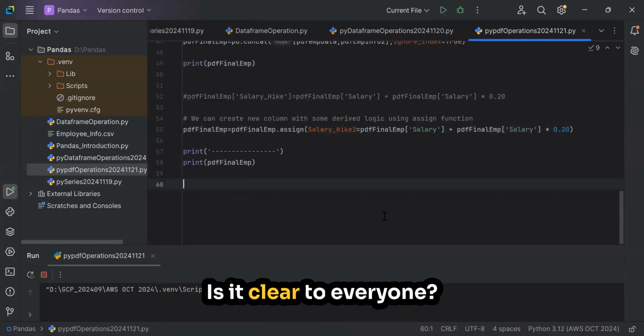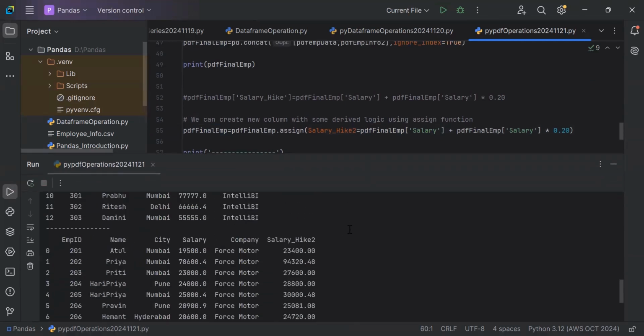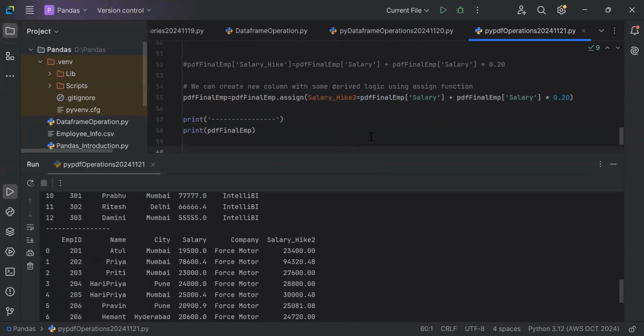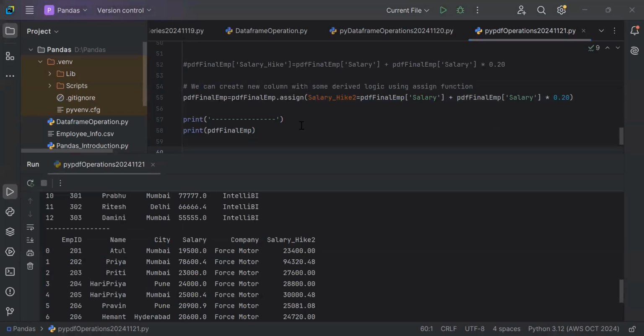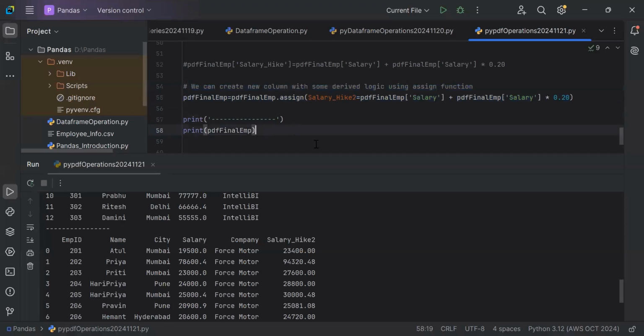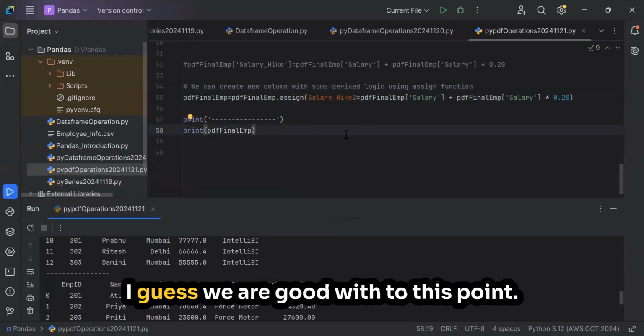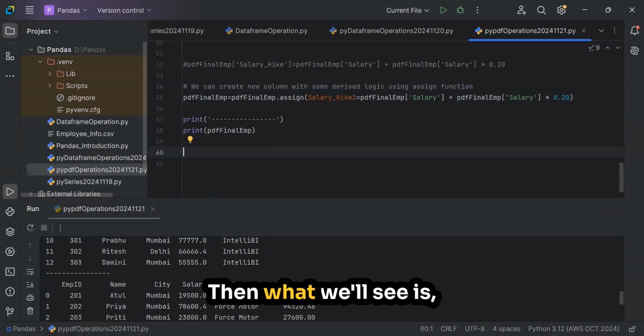Okay. Is it clear to everyone? Yes or no? Yes, sir. Does anyone have any doubt in this? Okay, it's simply another method to add the column. That's it. Nothing else. Okay, fine. I guess we are good till this point. Then what we'll see is